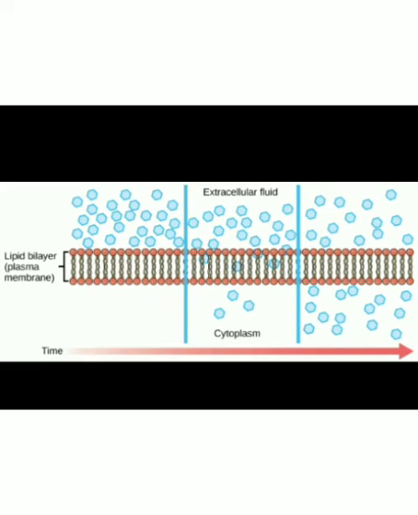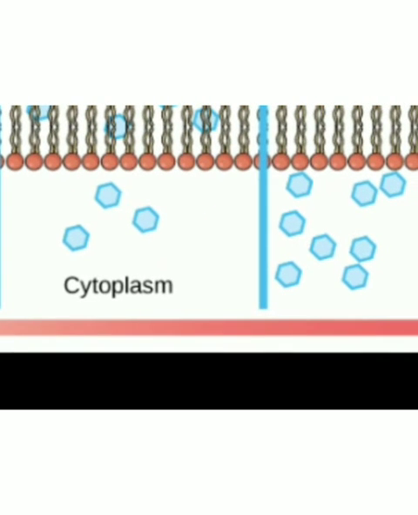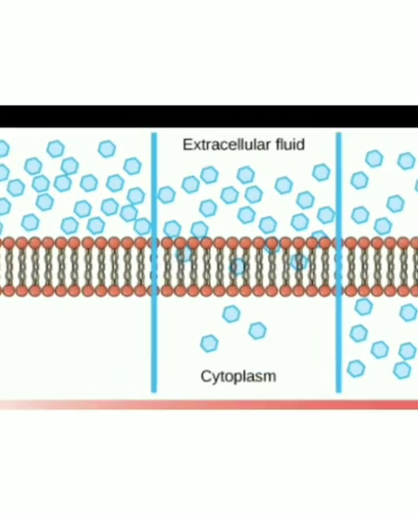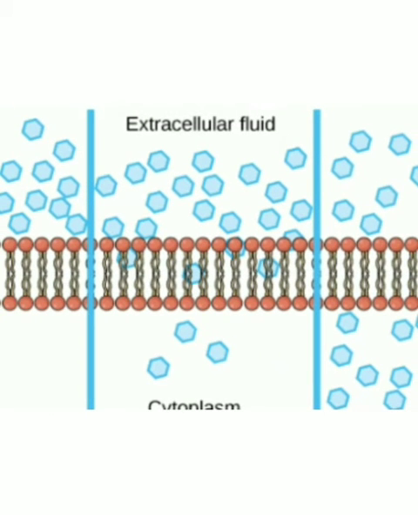Similarly, oxygen enters the cell by the process of diffusion when the concentration of oxygen inside the cell decreases. Consider that the oxygen concentration in the cell is very low and in the external environment it is high. So what happens is that oxygen molecules move from outside the cell to inside the cell. Thus diffusion plays a very important role in gaseous exchange between the cells as well as between the cell and its external environment. Here the membrane acts very importantly.